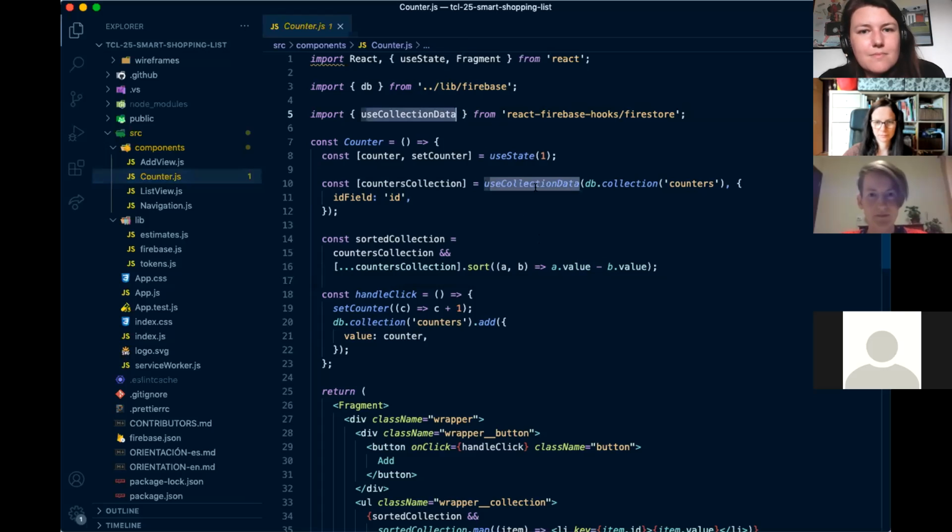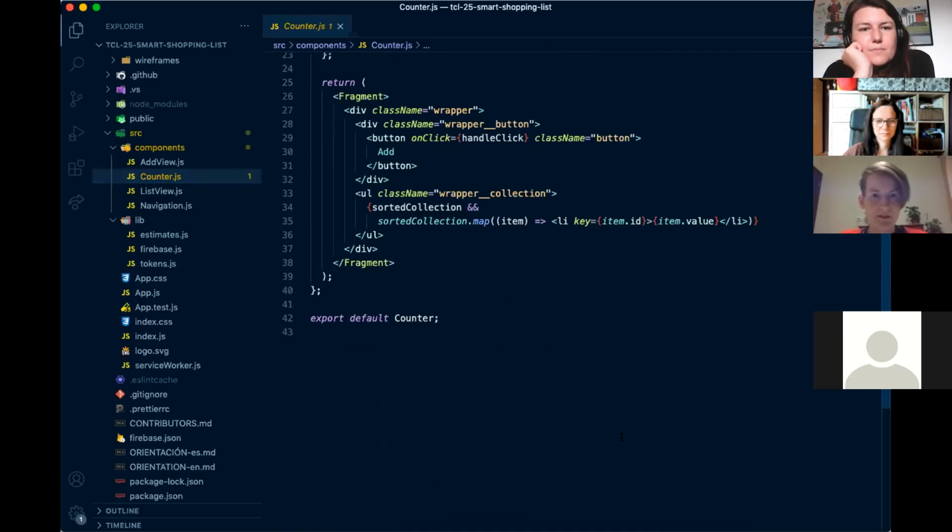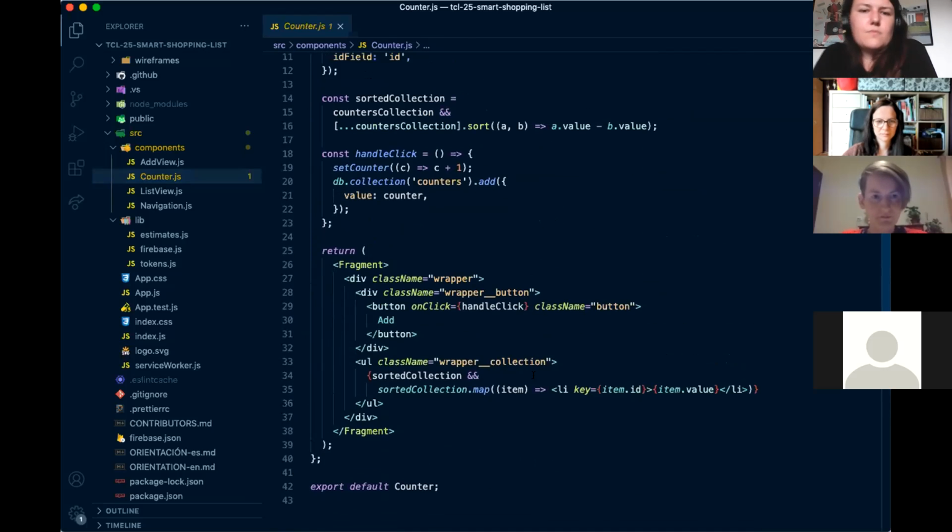Next, inside the component, we created an element of state to track and store the counter value, and we defaulted that to 1. We also needed to make our add button let Firebase know what we'd like to add to our database and where we'd like to put it. So we attached an onClick event listener for our button, and we have it call a handleClick handler,